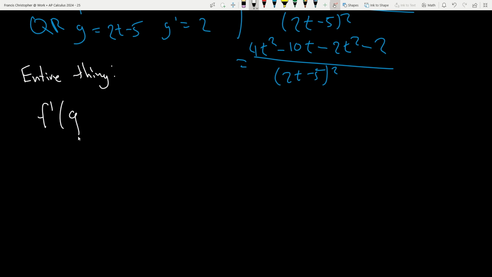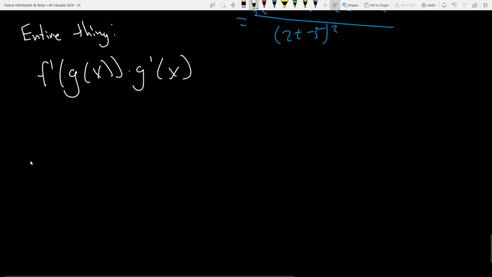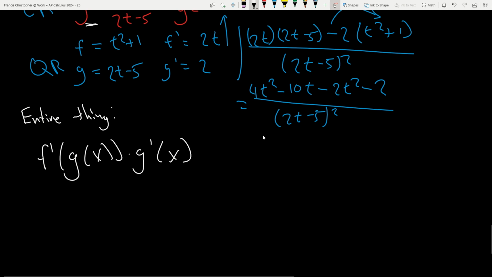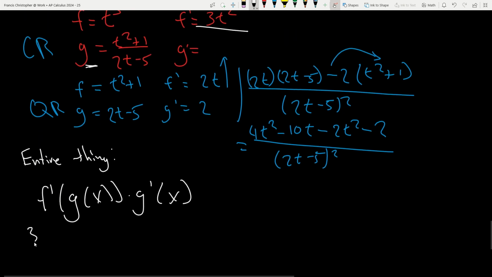Recalling our chain rule formula, f prime of g of x times g prime of x. And in terms of simplifying, I'll show all my steps because I know people would probably want that. So f prime was 3t squared. I'll keep it like that. 3 times, and g is now my input for t, so I'm just going to put in g. 3t squared plus 1 over 2t minus 5 squared times our derivative g prime, and this can be simplified to